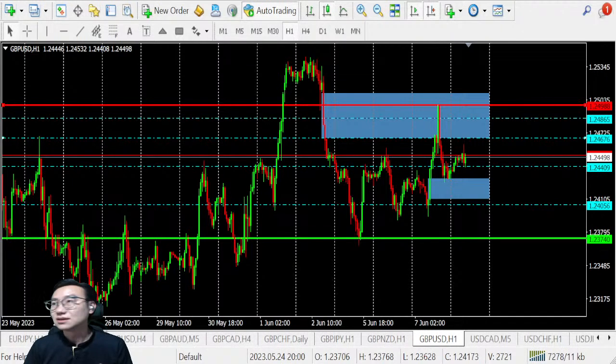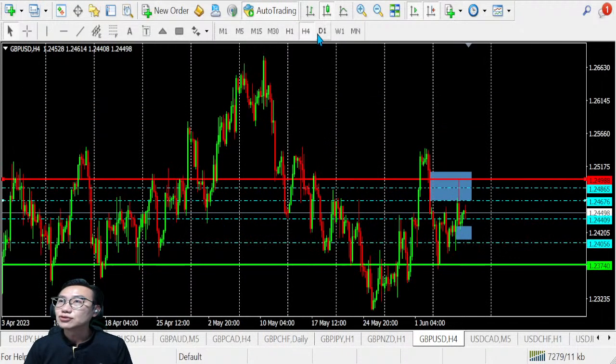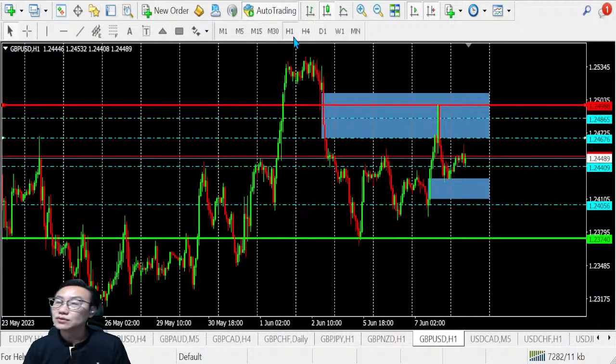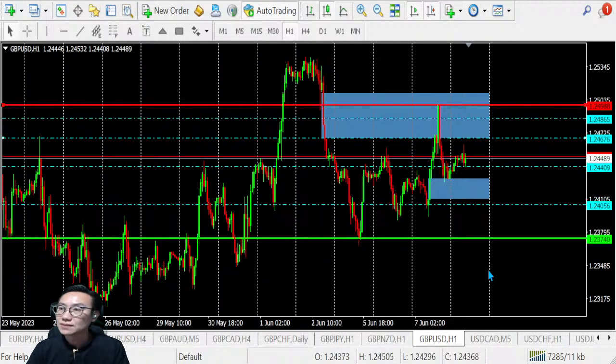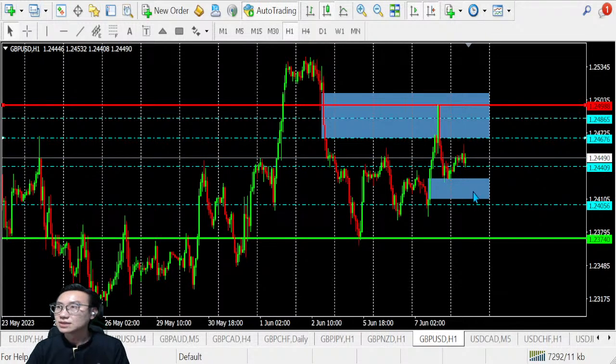But for pound dollar, more or less today is supposed to go on to look out for the resistance up there, so can pay attention to that. Unless in this area here, it comes in and over in this area it may be forming lower highs, then it will continue the selling. So let's see later on when the London markets open. I think that will be easier.